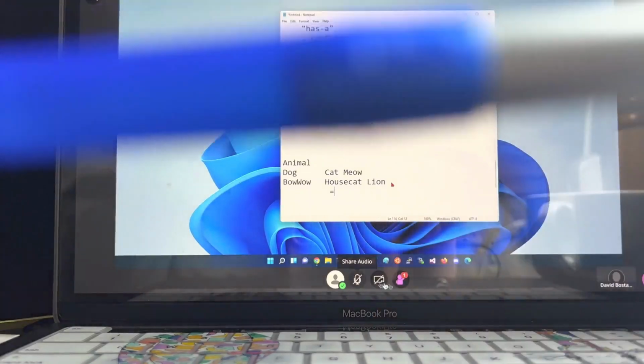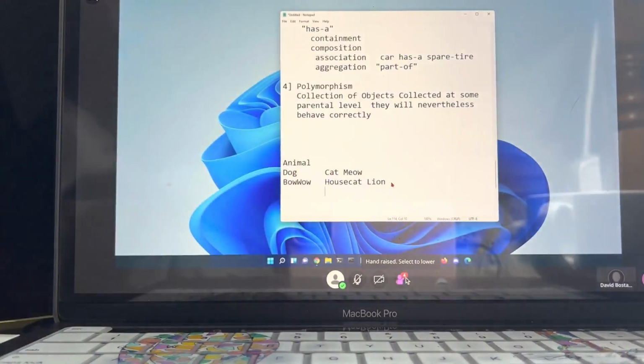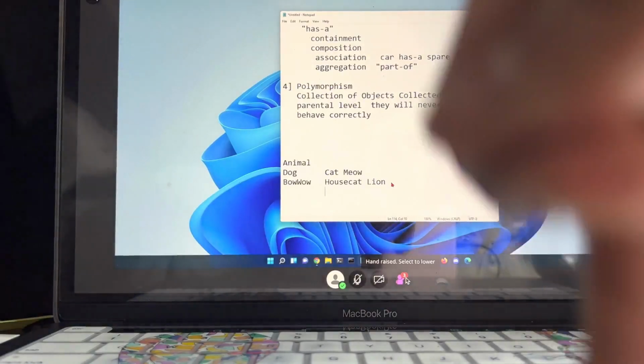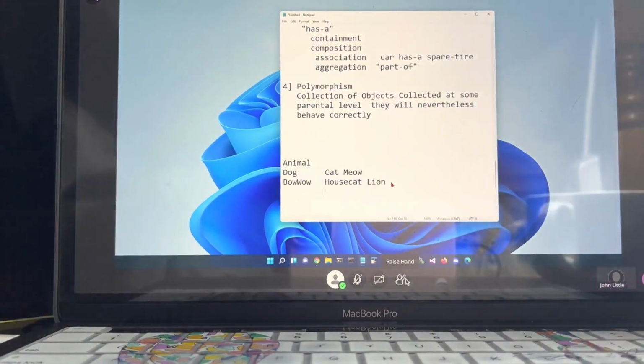John, what should a house cat say? Hiss. Hiss, okay. We're going to tell them jokes. And Ebony, what should a lion say? Roar. Roar, I like roar. Okay, let's for the second pretend like our house cat's not mad at us. I do like hiss, but we'll let him go ahead and say the same as a regular cat would say.